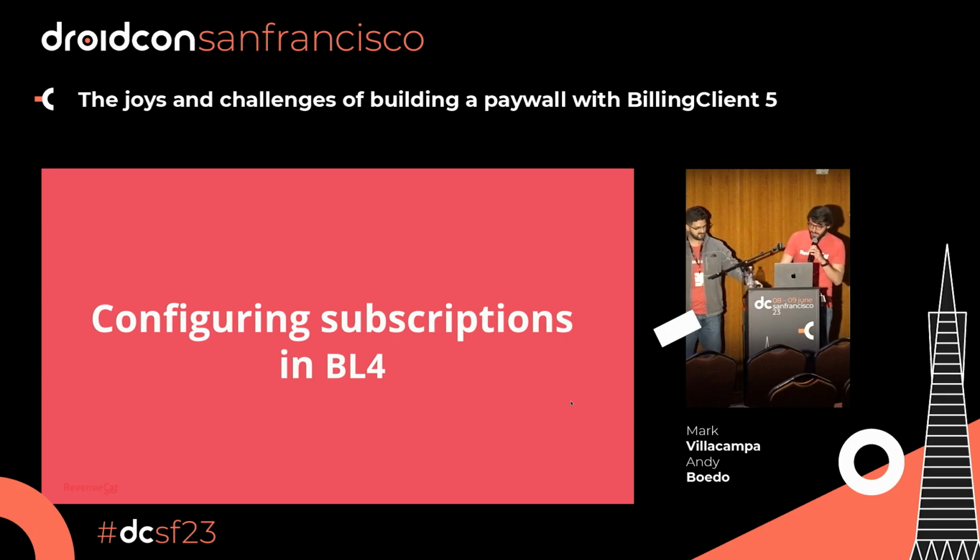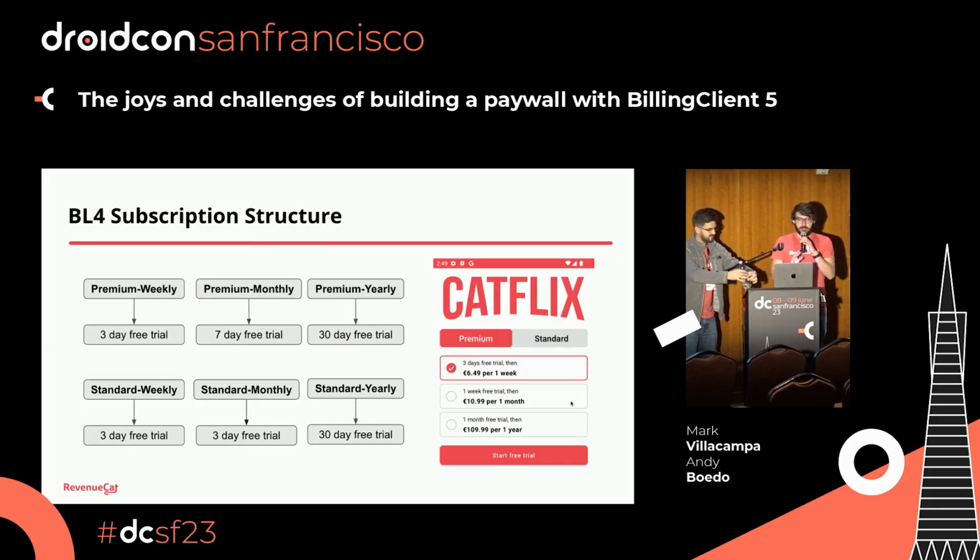Thank you, Andy. So I work in my free time on an app called Catflix, which is a video streaming service for cat videos. And so I have my app currently using Billing Library 4, but because I'm a very compliant developer, I want to be ready for when the cutoff date for Billing Library 5 happens, right? So I'm going to explain to you how I have currently my subscriptions configured for Billing Library 4, and we'll go through updating both my subscription for Billing Library 5, and also we'll see how it is configured in code,